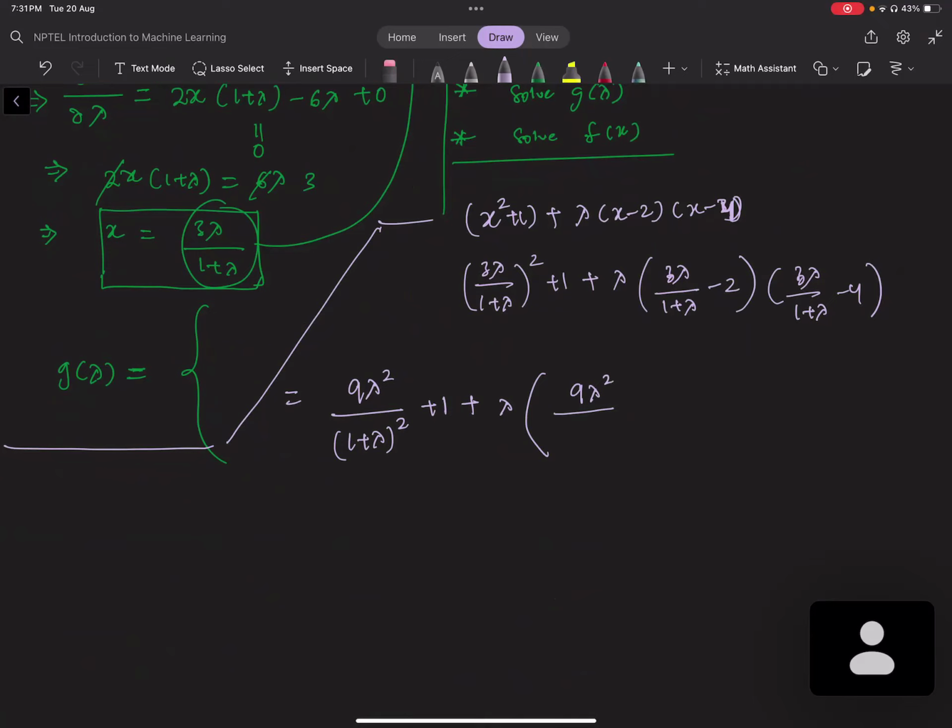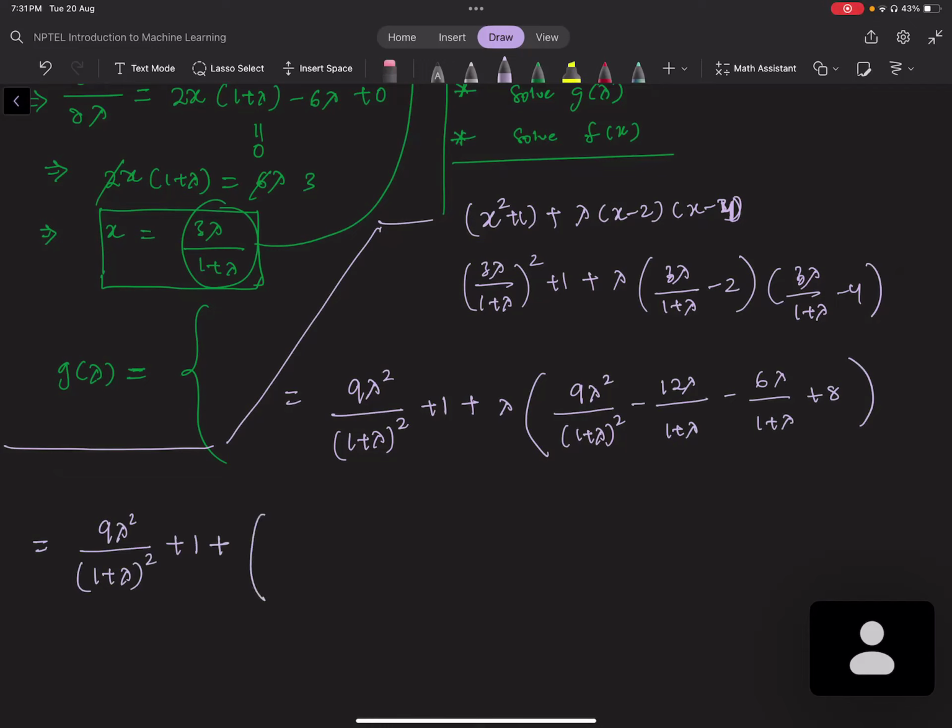If I multiply this with this, it will be minus 12 lambda by 1 plus lambda, this with this, minus 6 lambda by 1 plus lambda, this with this, plus 8. Okay, this will be 9 lambda square by 1 plus lambda whole square plus 1 plus,